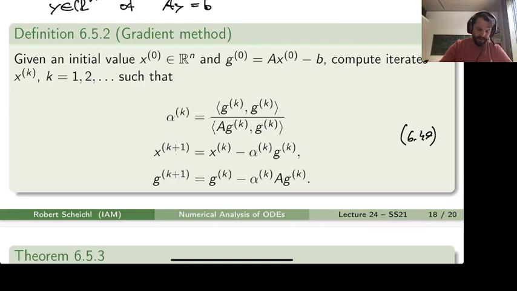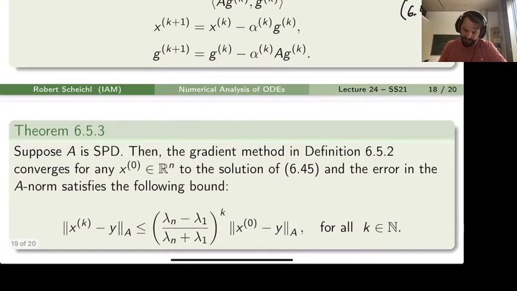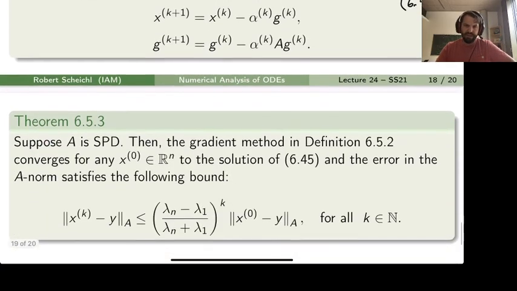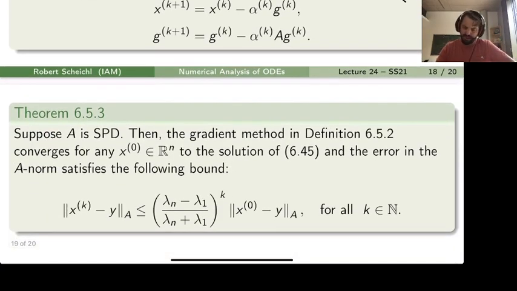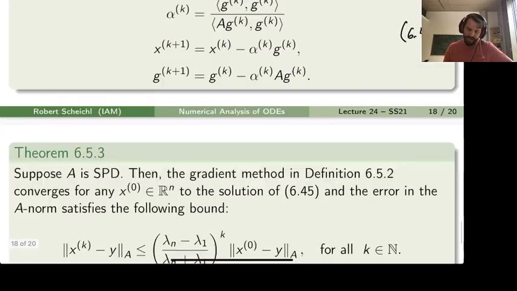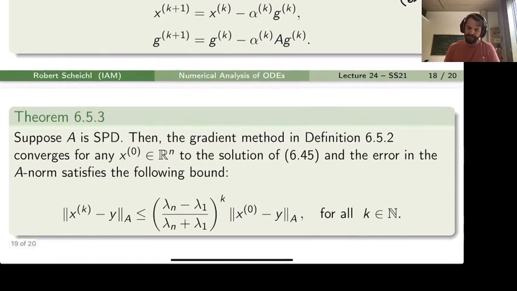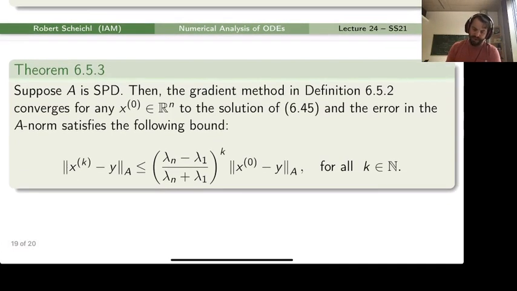So now suppose A is SPD, then we have the following theorem. The gradient method in definition 652, just given, converges for any starting vector x_0 in R^n to the solution of 645, the linear equation system, and the error in the A norm satisfies the following bound. So the error at the kth iteration